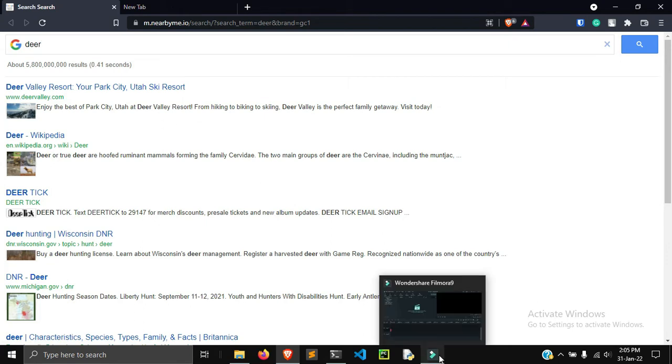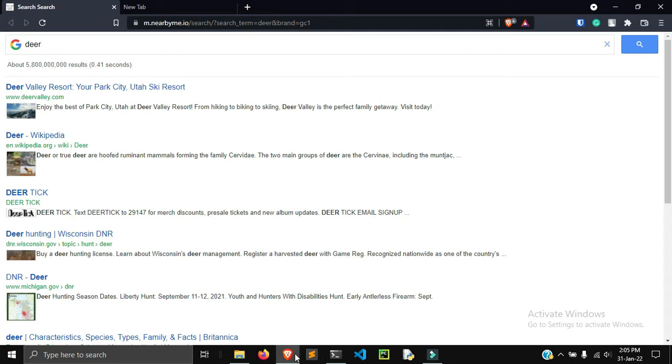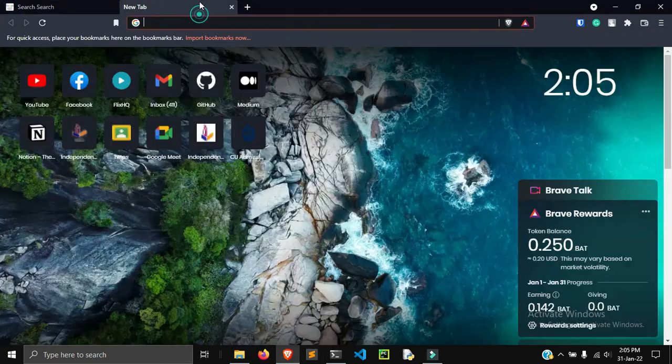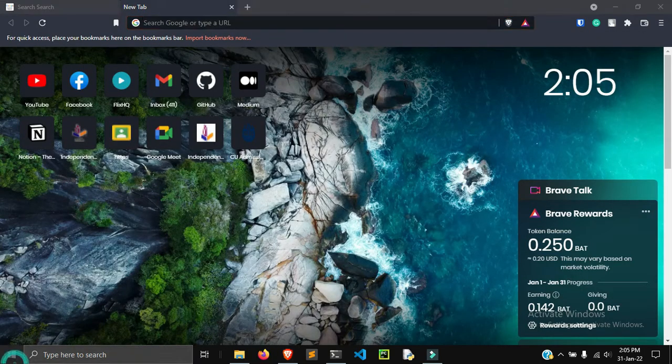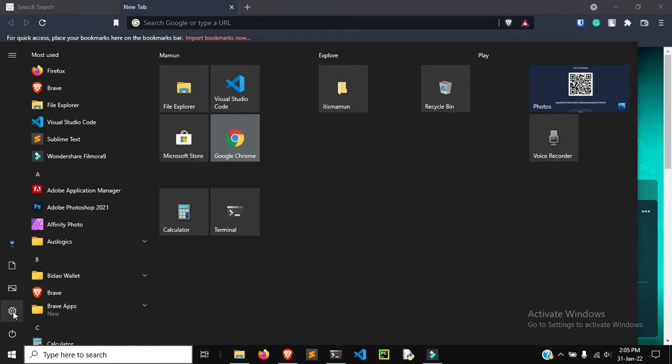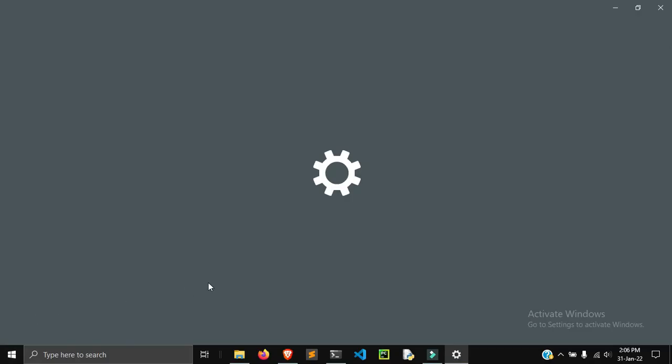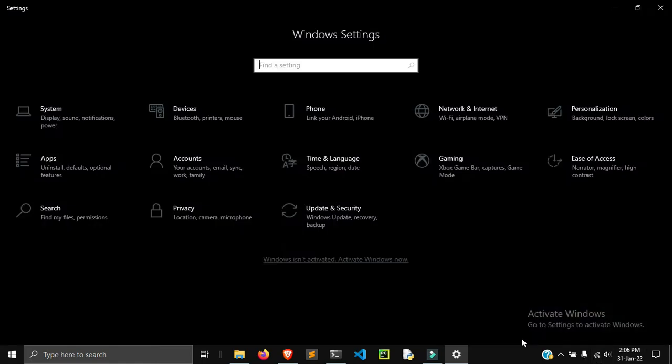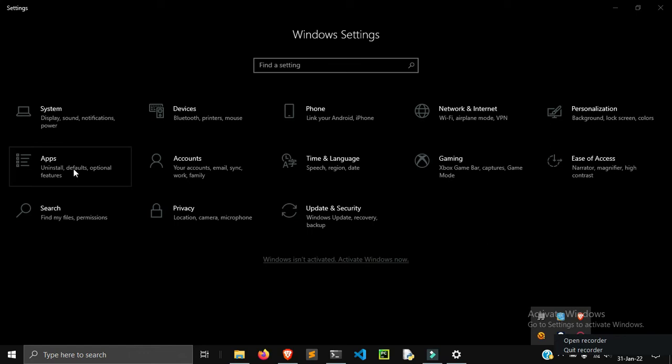So I have found a solution to just remove it. What you have to do is check in your control panel or apps. You can go to the Windows icon and go to the settings, and you can go to the apps,